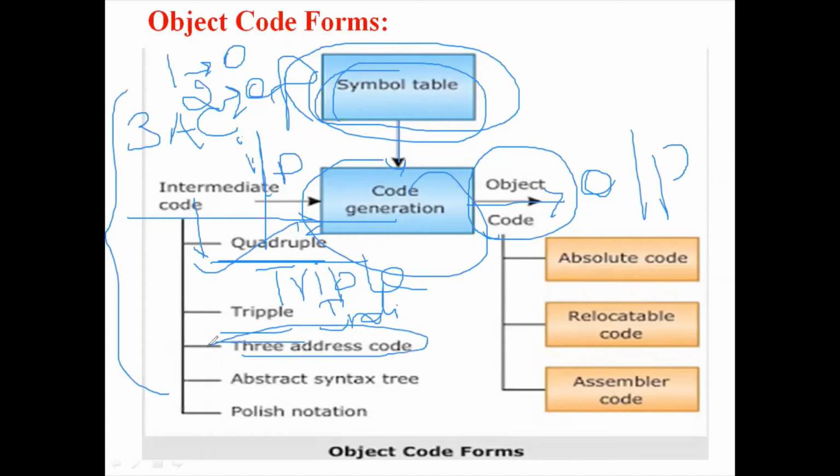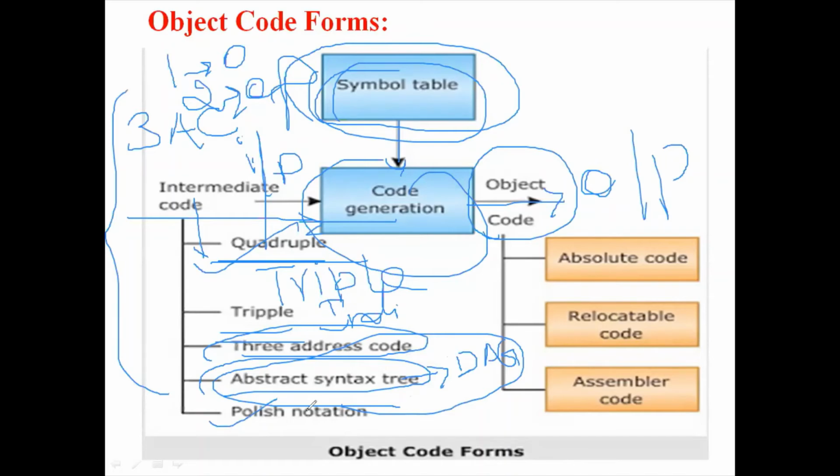3 address code means you generate 3 address code with the example of temporary value implementations. Next thing is abstract syntax, meaning you create the syntax tree format for the given problem. The abstract syntax tree, another way, is nothing but the DAG representation, directed acyclic graph. Both are graphical representations. So you draw the syntax tree for the given programs. Next one is Polish notation, that is postfix notation. You do the problem with the post-order tree traversal technique. So this is the intermediate code generation format.